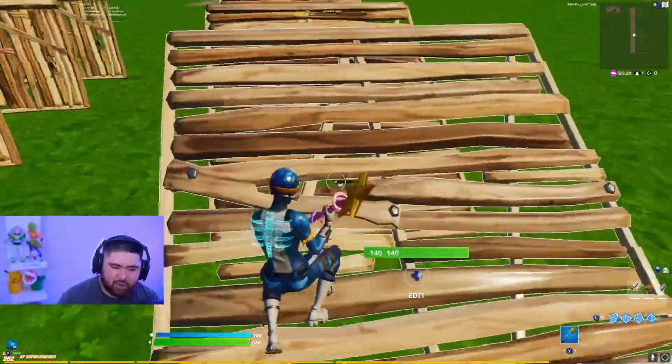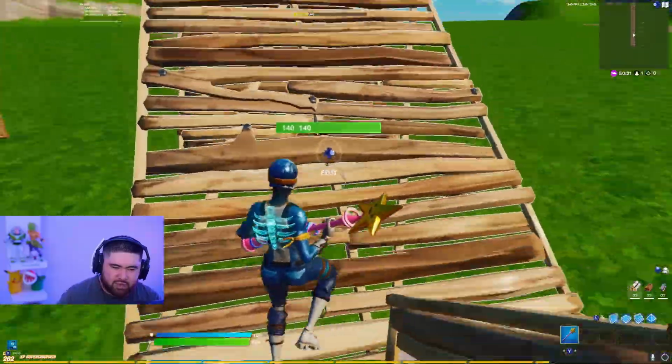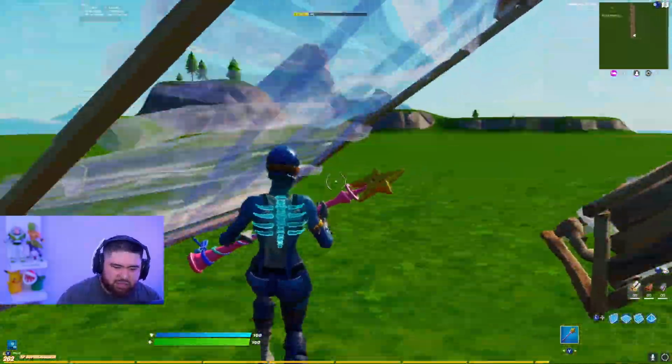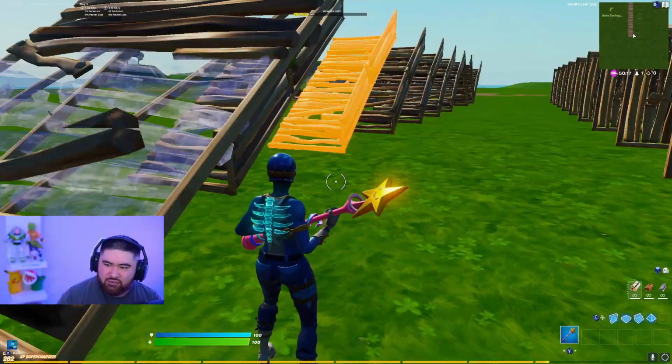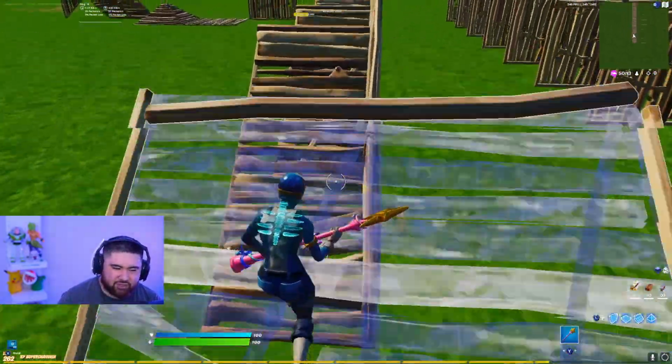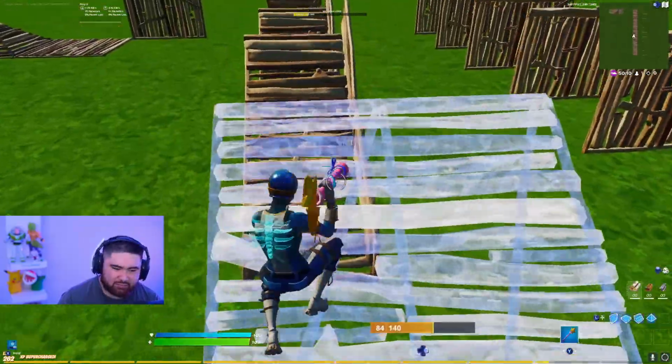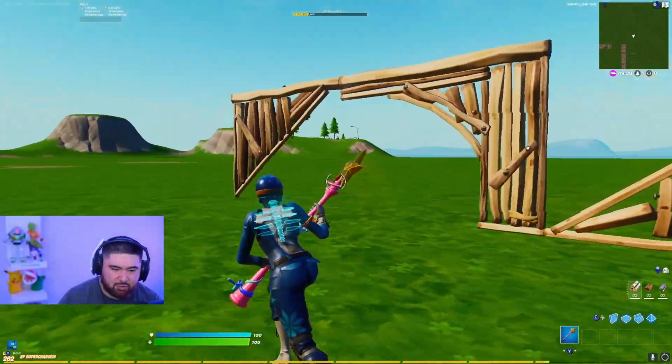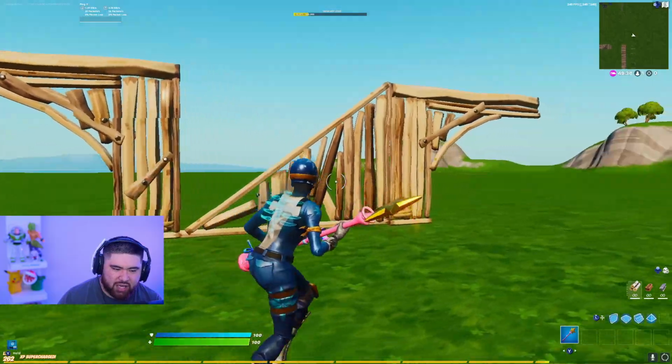I set up about, I don't even know how many this is, but you can set up a few and then just run through it by yourself in creative. And then when you're finished, to reset it, all you've got to do is just run back, reset your ramps, and then start again. Same for the wall edits as well, whether it be the Dorito archway,